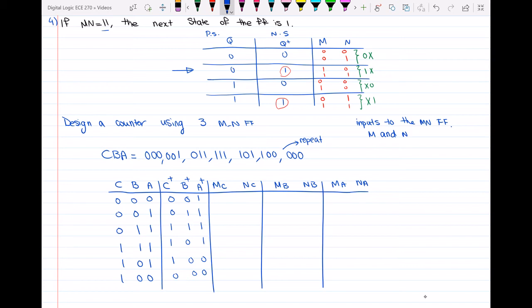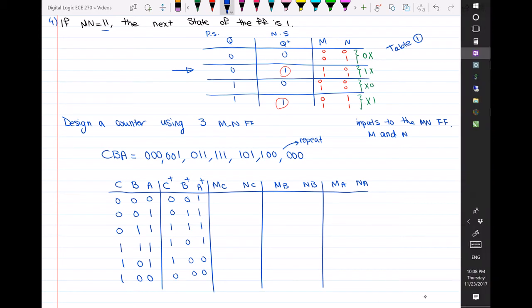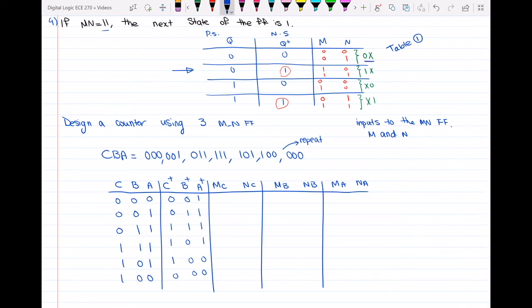You can see here that the present state of the flip-flop is 0. The next state is 0, right? So 0, 0. I'm looking at flip-flop C. I go up here to this table, which I can call table 1 so I can refer to it. In table 1, I see that whenever I have the present state equal to 0 and the next state equal to 0, MN is equal to 0x, right? So I have 0x